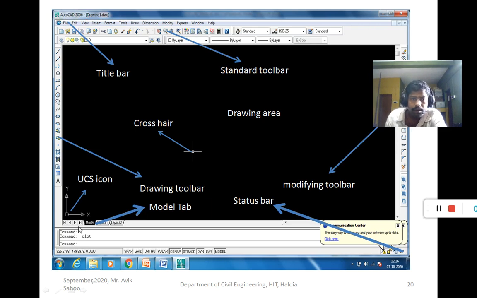Now in the middle you see that this is the blank screen. This blank screen is called the drawing area. The topmost bar is called the title bar. This is the UCS icon, meaning the universal coordinate system. The two coordinates are shown, the x coordinate and the y coordinate. The x coordinate is the horizontal coordinate and the vertical coordinate